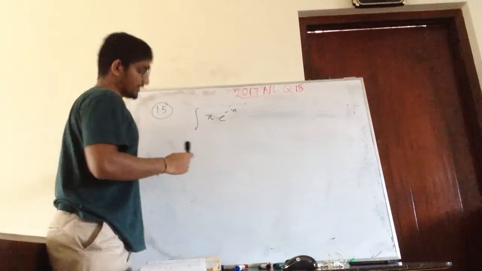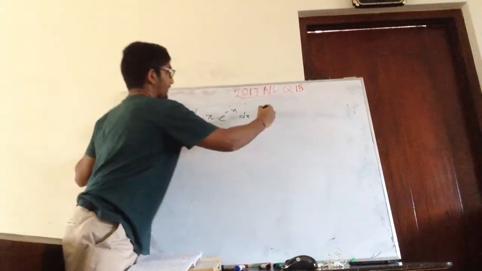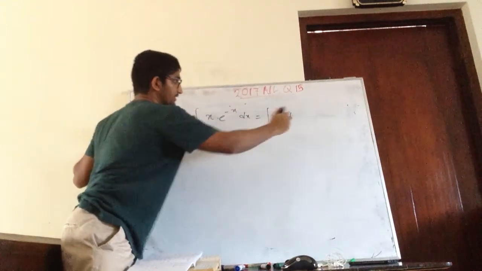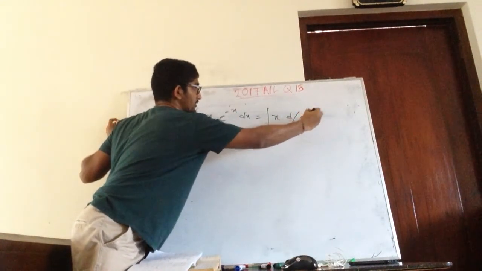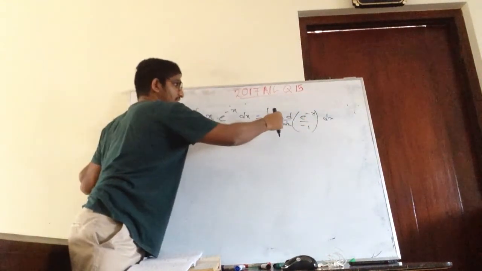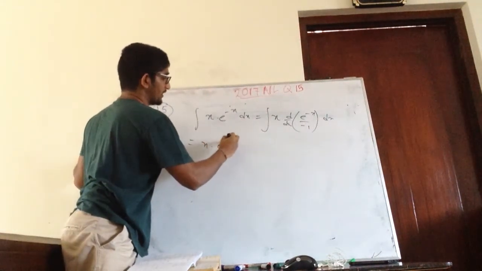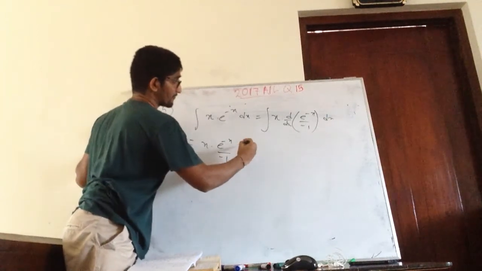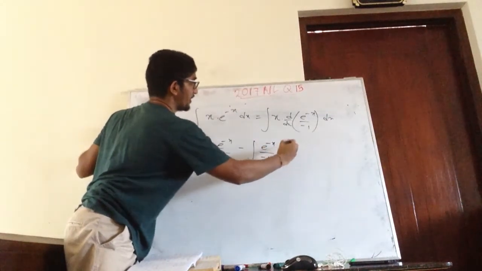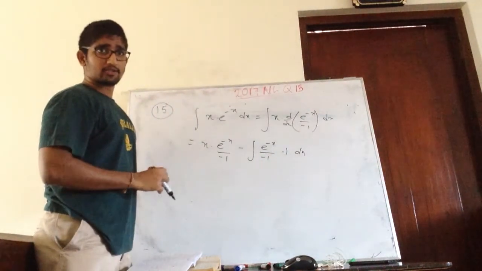Right. So here, what do I do? I'm going to take x as u, then I'm going to integrate this part. That is how I do it. Now this is the uv thing, right? So you get x times this, minus e to the minus x over minus 1, times the differentiation of this, that is 1, dx. Correct, no problem, no?